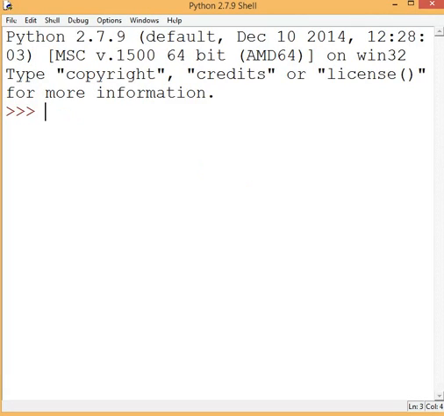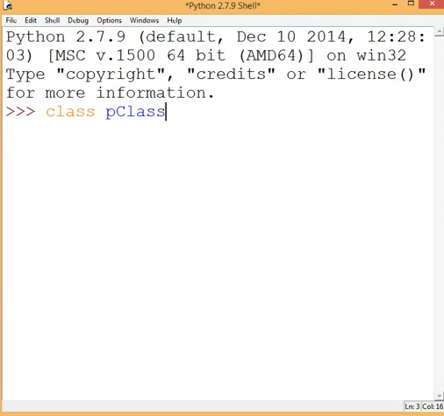Today we are going to talk about inheritance in Python, and we'll look at multiple inheritance and also a little bit of the constructor concept. So let's start. We'll start by making a parent class, and this is how we define a parent class.